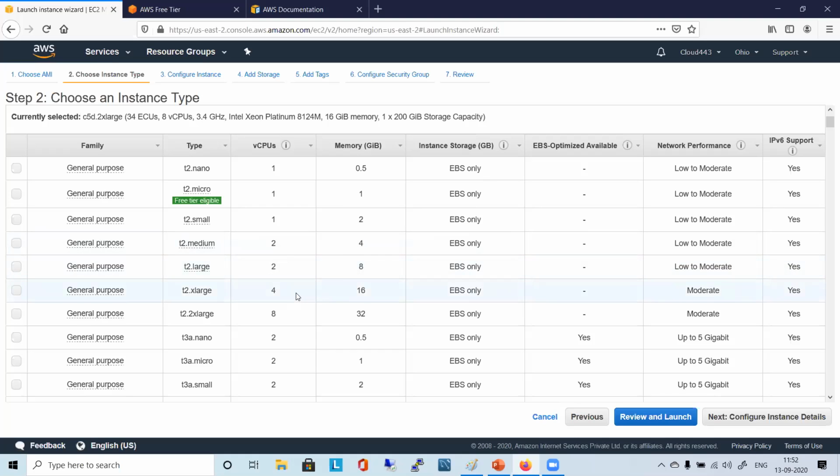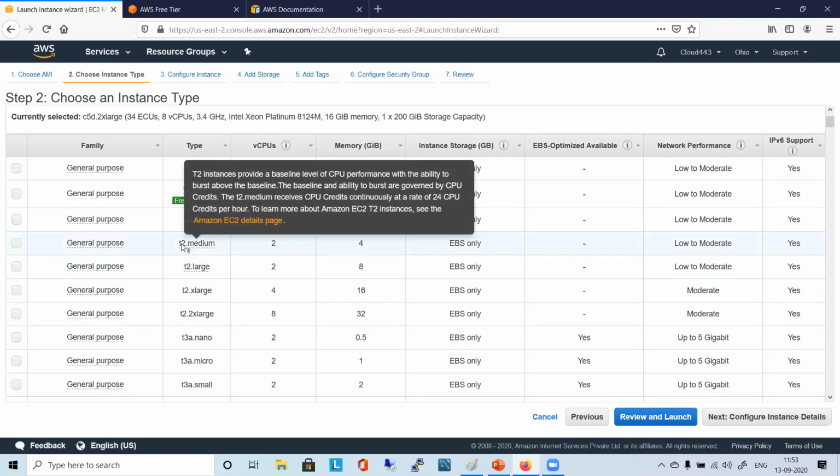T2 Extra Large, the vCPU is doubled and the memory doubled, right? If you look at this 2XL here, again the vCPU is doubled and the memory doubled. So this is the relation: large, extra large, and 2XL and so on. The last part of it you consider as a t-shirt size.